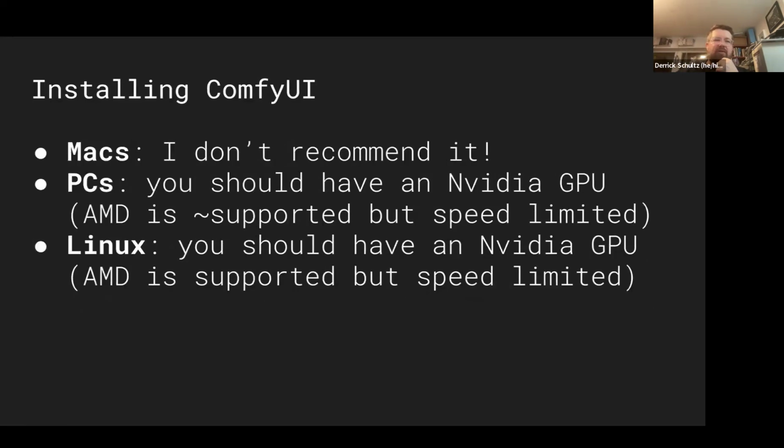So we'll quickly touch on installing ComfyUI. I sent everyone a note, which is basically, if you're on a Mac, don't do it. You can try it. There are installation instructions on the ComfyUI GitHub page for installing on Macs. I have heard from various people that it is hit or miss whether or not it actually works. So my recommendation will be to not do it if you're on a Mac computer. If you're on a PC or Linux and you have an NVIDIA GPU card, you honestly should install it and work off it that way.